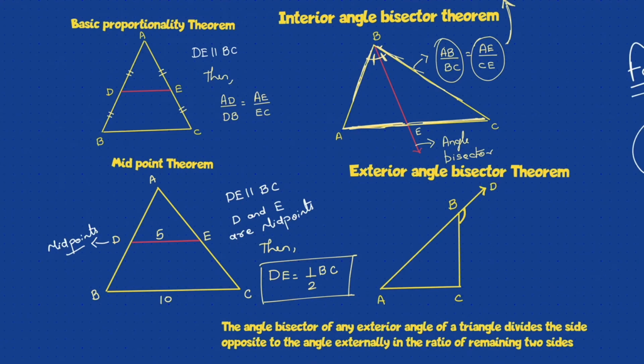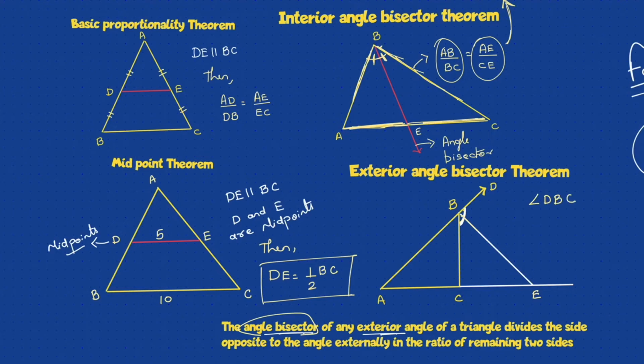Let's go to the last, the exterior angle bisector theorem. Now what is this? In triangle ABC, the exterior angle, if you can see in this case, is angle DBC. What is the angle bisector stating? The angle bisector of an exterior angle DBC, the angle bisector which is drawn in white, the angle bisector of any exterior angle of a triangle divides the side opposite to the angle,